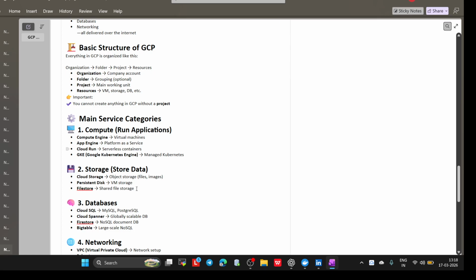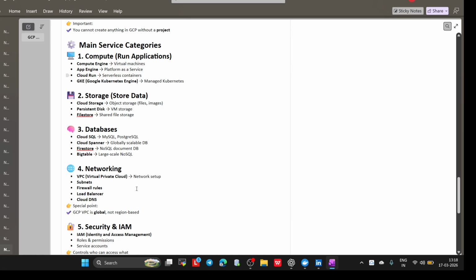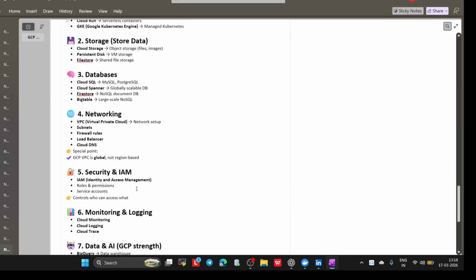Now for storage: Cloud Storage is object storage, which we use for files and images; Persistent Disk is for virtual machines; and Filestore we use for shared file storage. For databases we use Cloud SQL, like MySQL and PostgreSQL. Cloud Spanner we use as a globally scalable DB, and Firestore we use as a NoSQL document DB. Bigtable we use for large-scale NoSQL data.